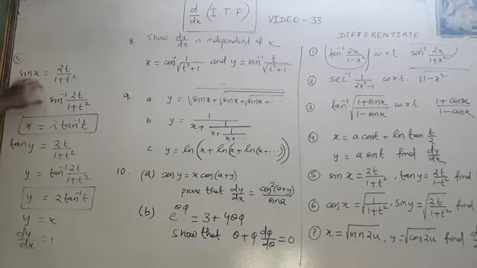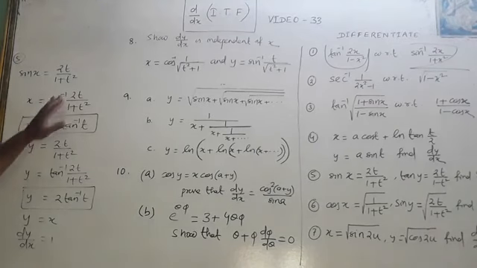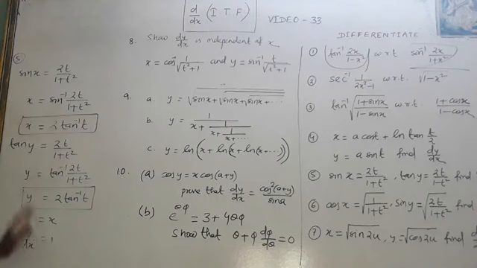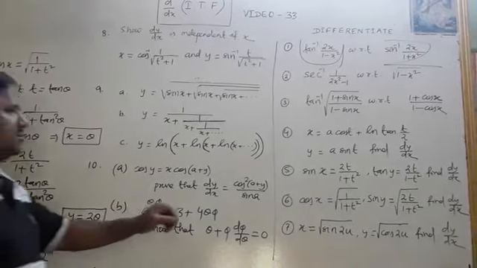In my method, x is equal to sin inverse of 2t by 1 plus t square. Don't put t equal to tan theta there. Directly write x is equal to 2 tan inverse t, because it is the formula. Similarly, y is equal to 2 tan inverse t. Don't find the derivative of x with respect to t. Don't find dy by dt. Then don't say to find dy by dx as dy by dt divided by dx by dt. This is the direct way. Y is 2 tan inverse t, x is 2 tan inverse t, so y is equal to x, simply dy by dx is equal to 1. Okay.